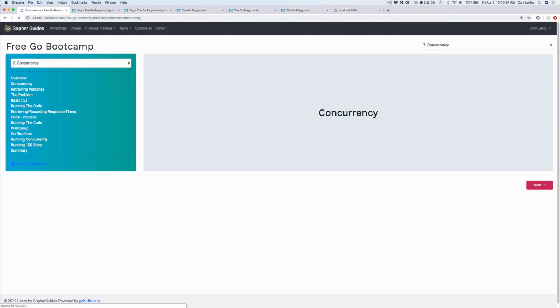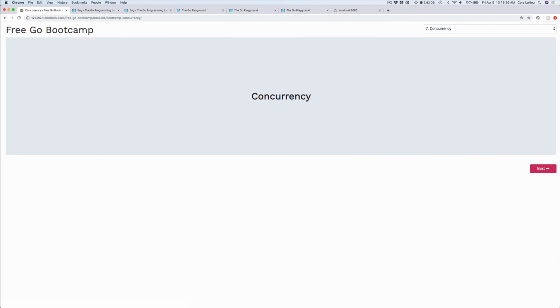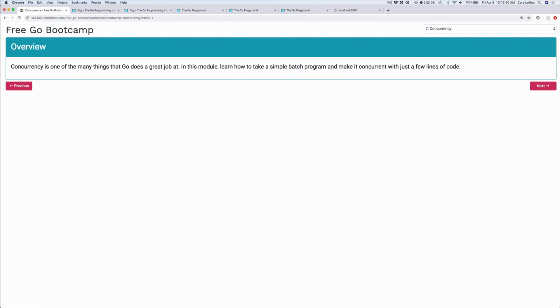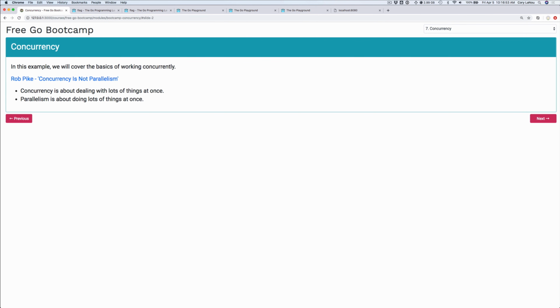Let's talk a little bit about concurrency. One of the big draws of Go is concurrency. It really does a great job at it. It's a primitive. It's built in from the beginning of the language spec. It allows you to do really complex things with really simple logic. Now, if you've done concurrent programming in other languages, I think you'll find that it can be a little bit tedious and hard to understand. And Go has some really simple concepts that make very difficult tasks very easy to code. And you can actually follow the code logic pretty quickly too.